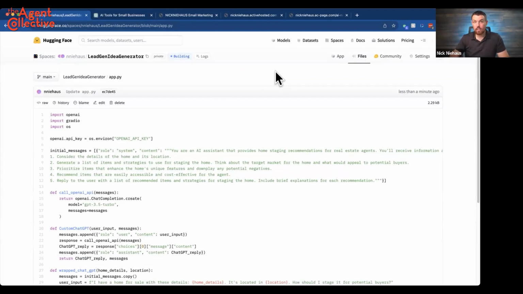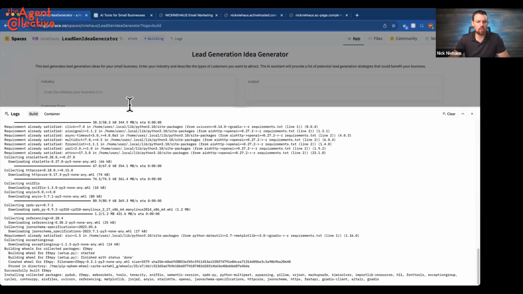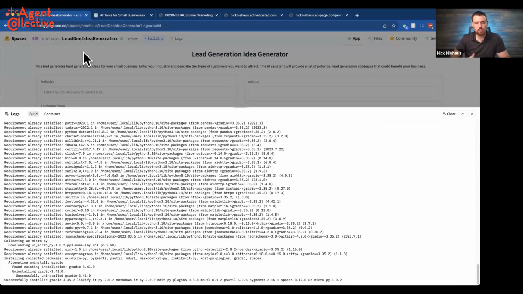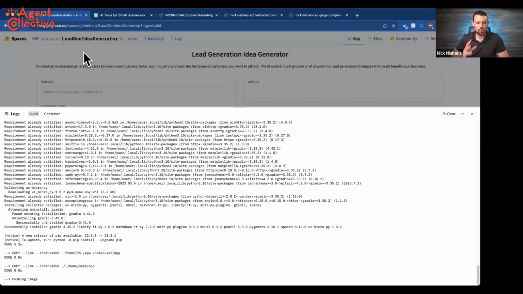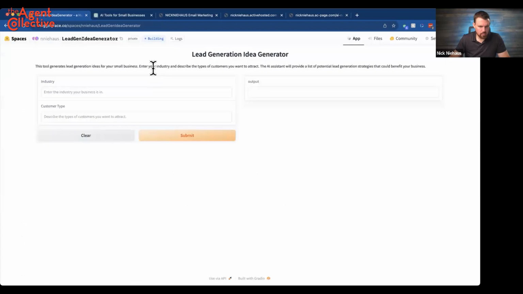So now, hypothetically, it should be changing that tool from one that made ideas for how to generate leads to a tool that makes suggestions on how to stage your home. And so we're going to switch over to this app tab right here. It's still building it, so it's still sort of assembling it. And there's no guarantee it's going to work, because sometimes it rewrites the code and makes a mistake, it sort of thinks the wrong way, so to speak, and comes up with the wrong thing. So we're just going to see what it comes up with here. Once it's done, it looks like it still says building here, so we're going to give it another second.